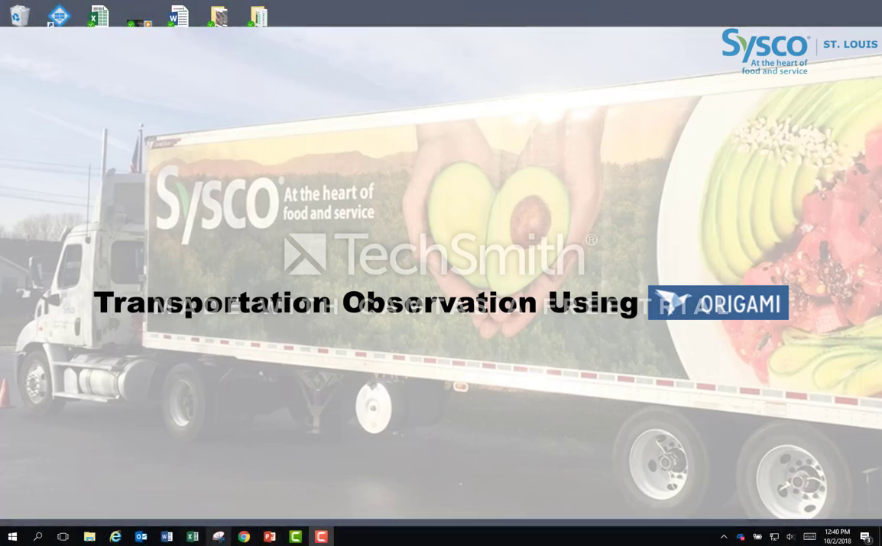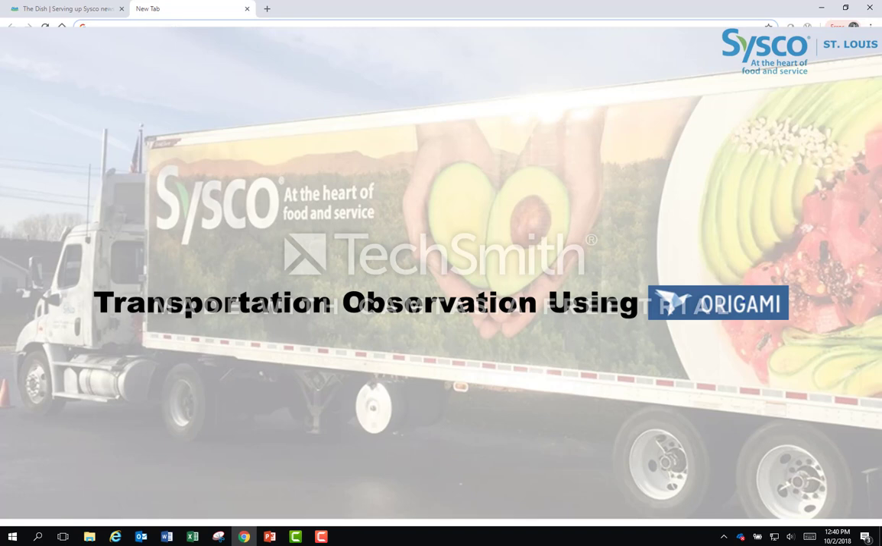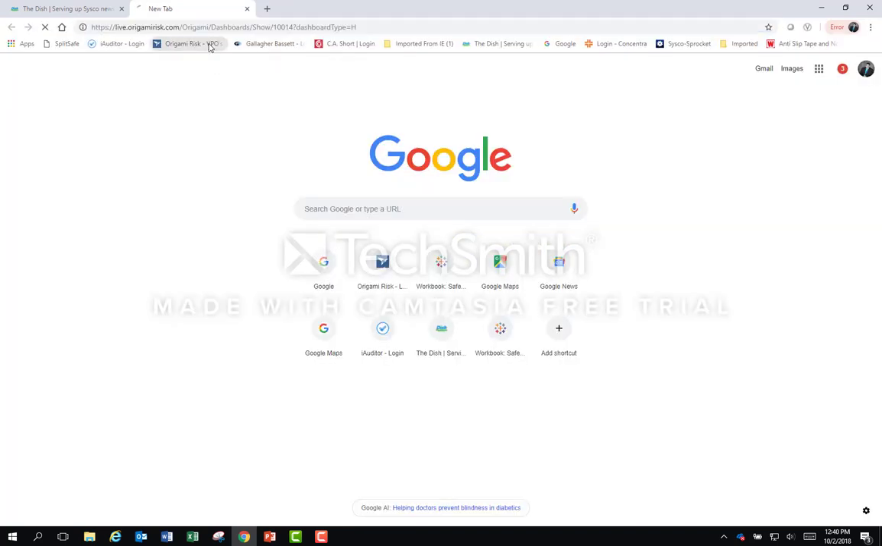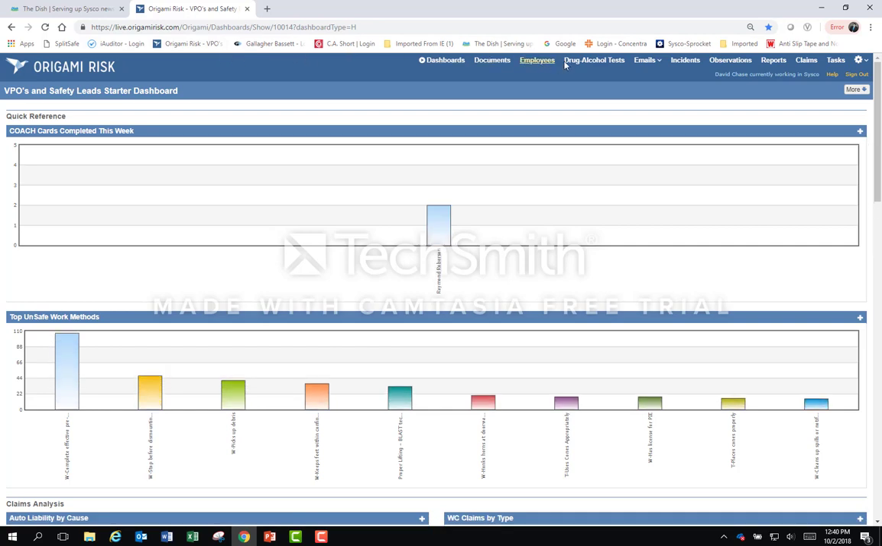Hello, in today's tutorial we're going to review how to make an observation for transportation using Origami. So I'm going to open up the Origami prompts, and everyone's screen may look different than mine. That's okay because I have different permissions than you do. So I'm going to click over here on the top right hand side where it says observations,